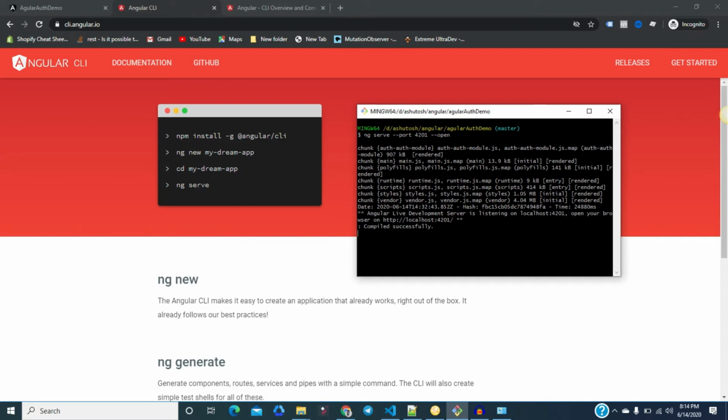You just need to run the command, and depending upon your command, the modules and components will be generated automatically. So it makes you faster at developing, which is very helpful and amazing. I hope you understand what the CLI is and how you can install it.